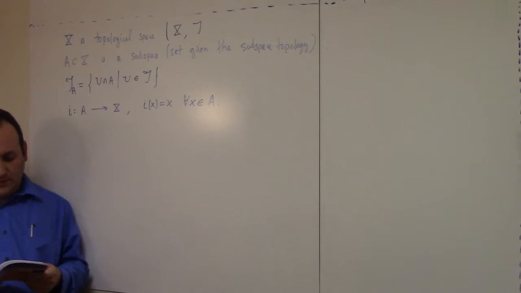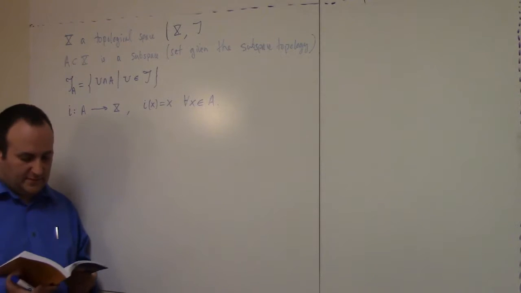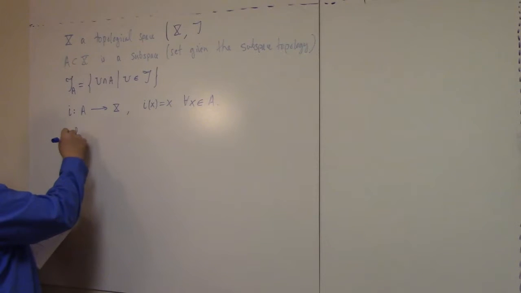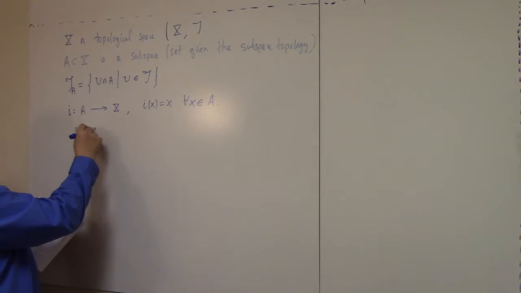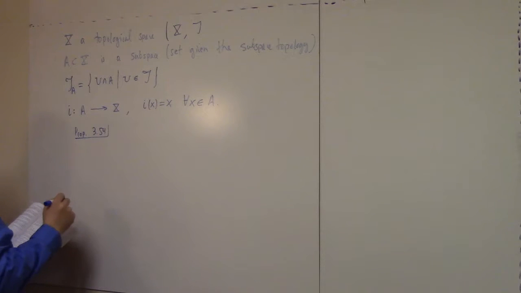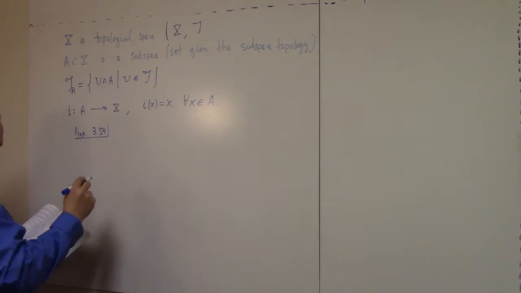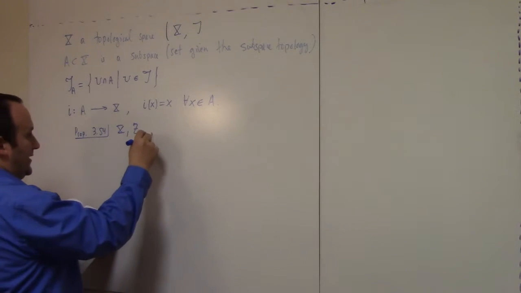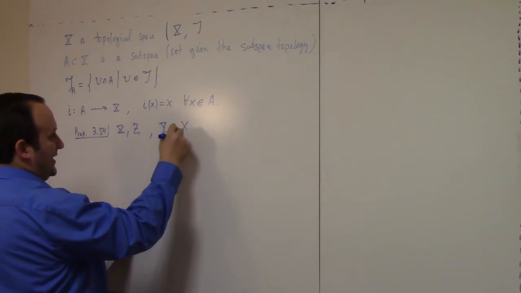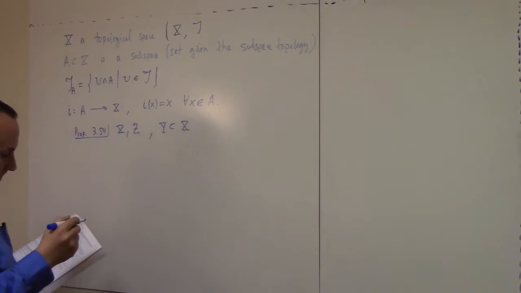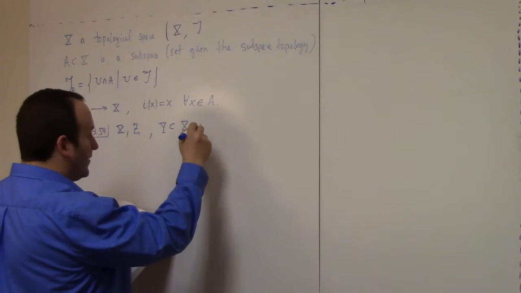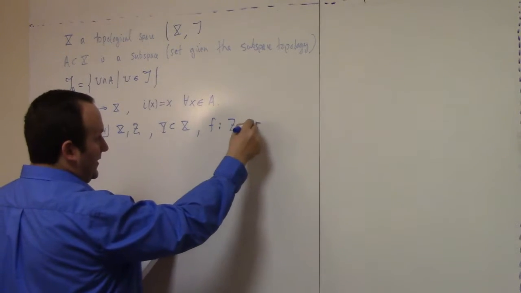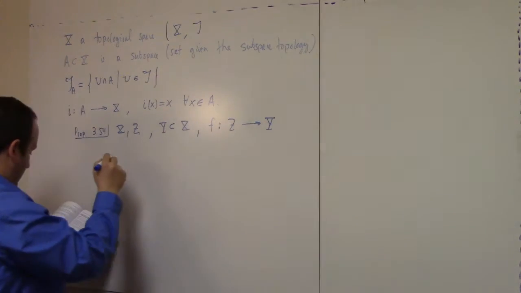Proposition 3.5.4 says that, I always want to read, but I have to write. Sorry. So proposition 3.54, we have X and Z topological spaces, and Y a subspace of X, meaning it's a subset given the subspace topology. Right? Then, furthermore, we have F, a map from Z to Y,